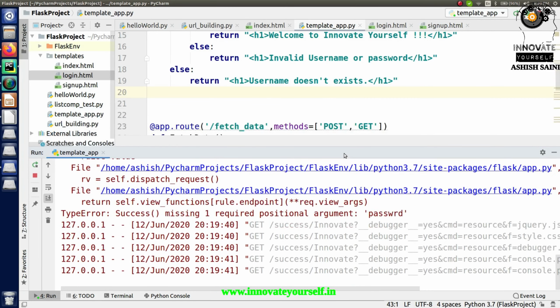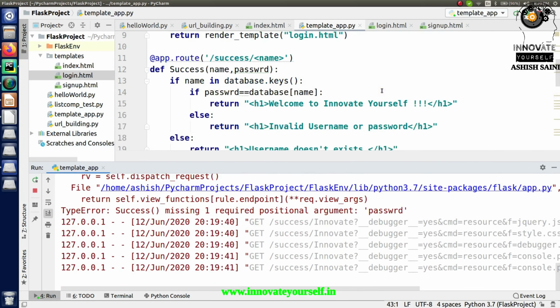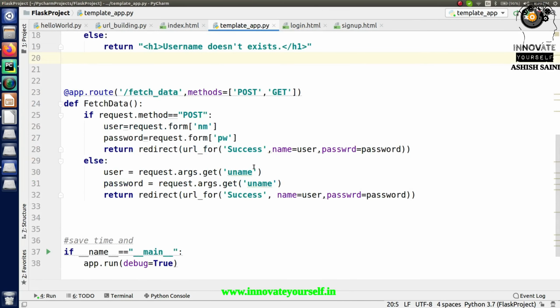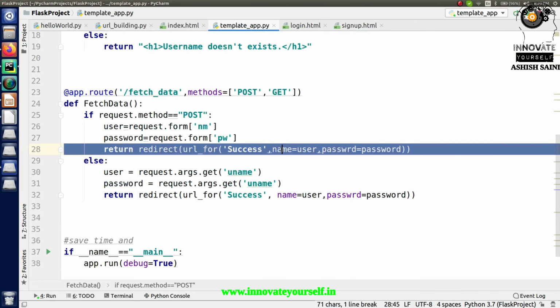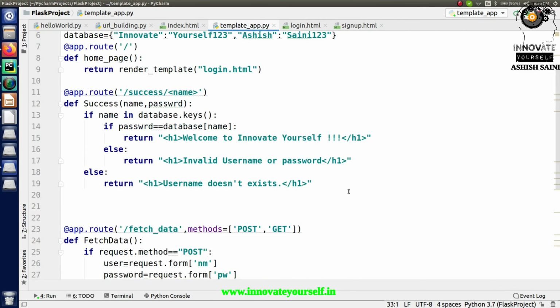How can it say this? Okay, no problem. Success is this. Name is this. Password is this. Everything is correct. Okay, no problem. Let's save it and check it again.